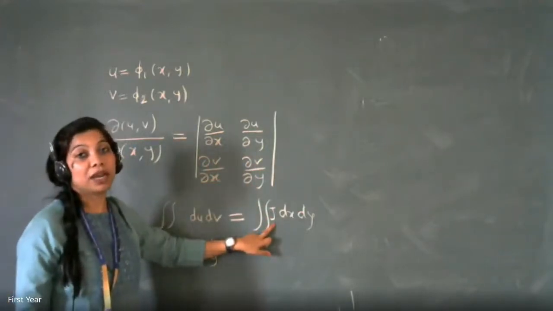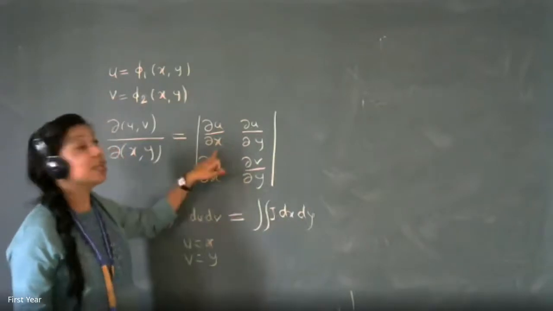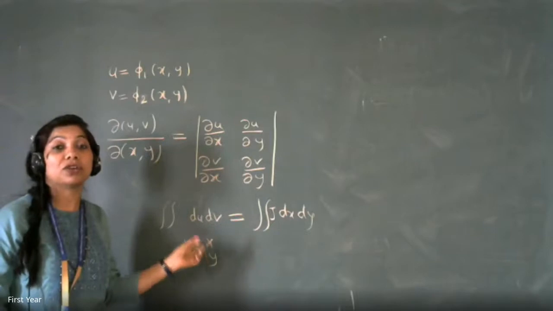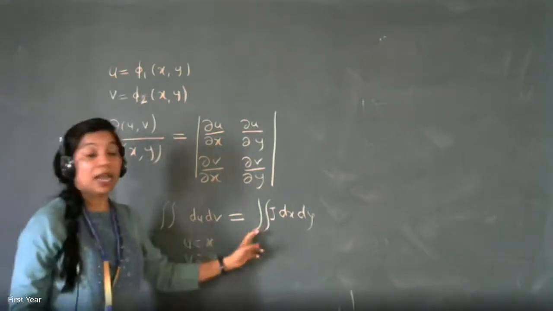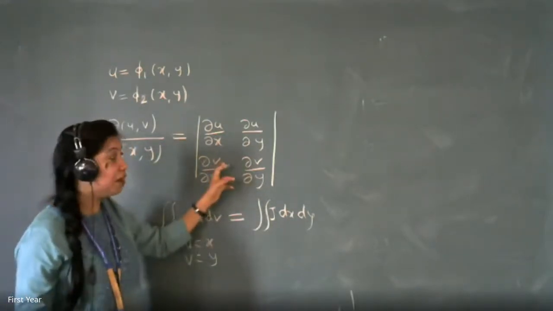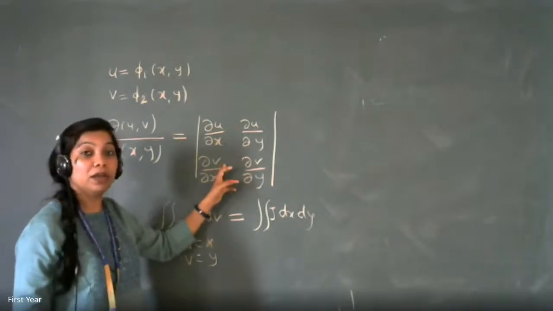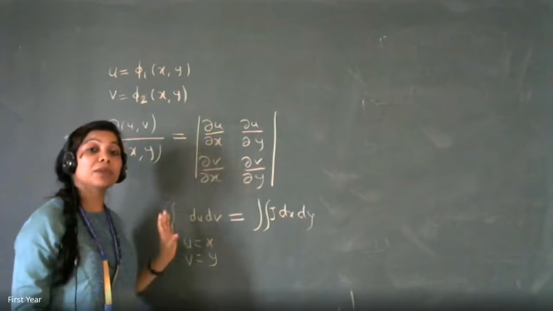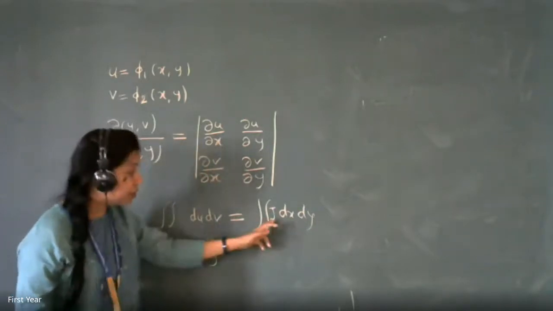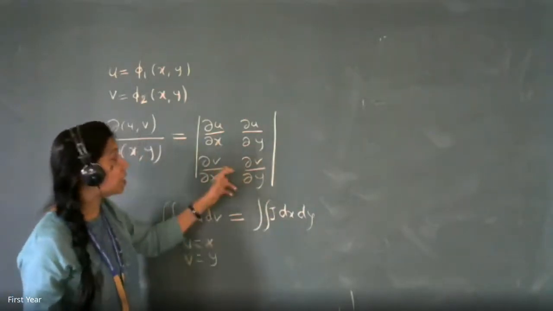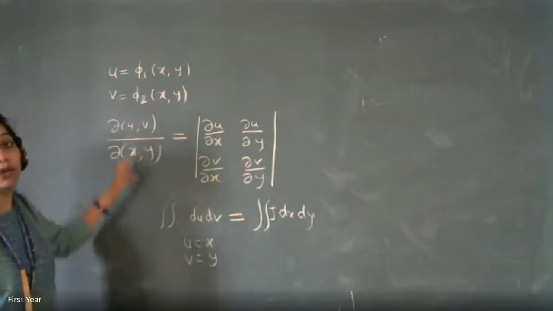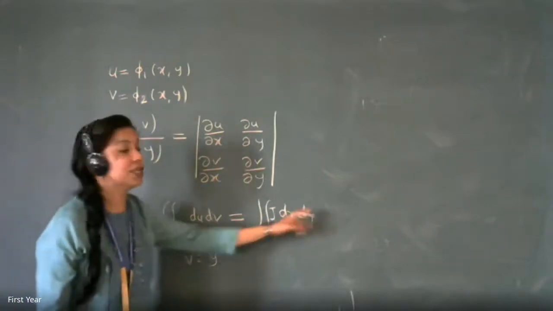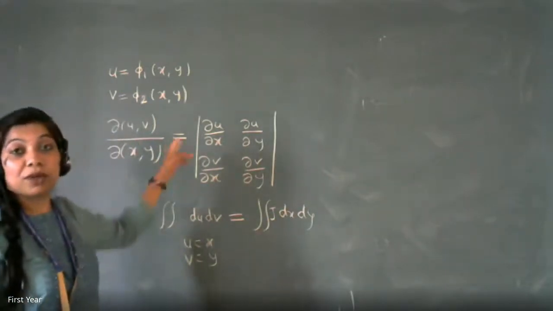So what is the best way? It was found, take the determinant and then get the value. That will be the transformation change, which will most probably be a variable. If it turns out to be a constant, that means the remaining terms are cancelling out. So J will appear as the transformation change of uv to xy, and then the double integration du dv will become J dx dy. Is this okay? So that's why we are studying Jacobian.